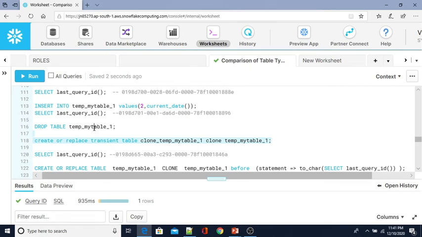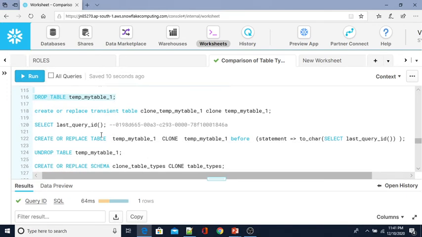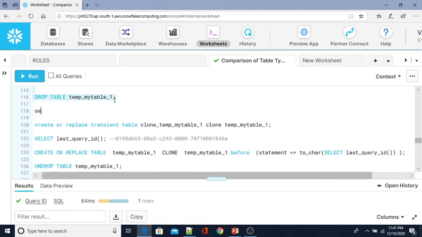Now let me drop the table and then see how to get this table back. Okay, I have dropped the table and then there is undrop. If you drop any database, schema or table, you can get it back by using undrop. Now, before undrop, after dropping, let me retrieve the data from this table.